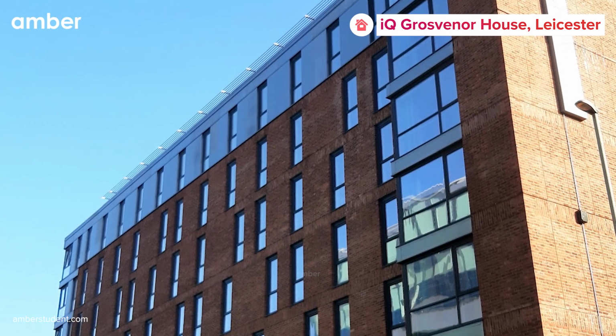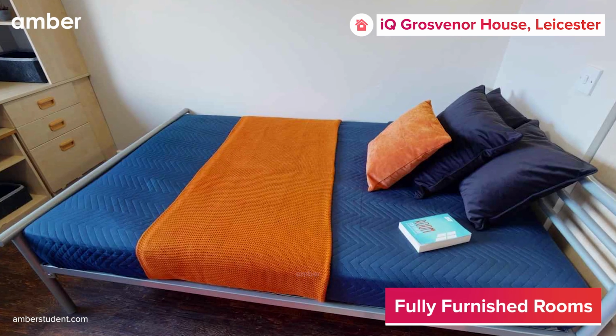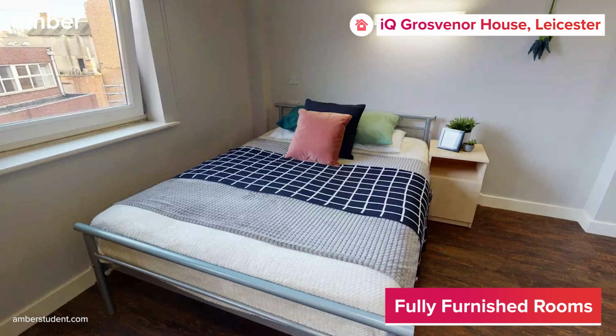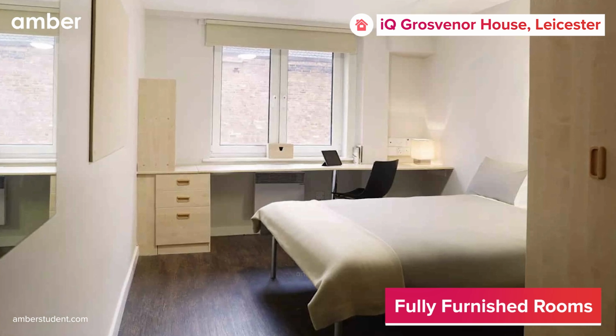Experience refined living at Grosvenor House, Leicester, where luxury seamlessly blends with convenience. Indulge in meticulously crafted living spaces from elegant en-suites to spacious studios and cozy one-bedroom apartments. Each residence features a snug bed and a dedicated study desk with a comfortable chair, ensuring optimal comfort for academic